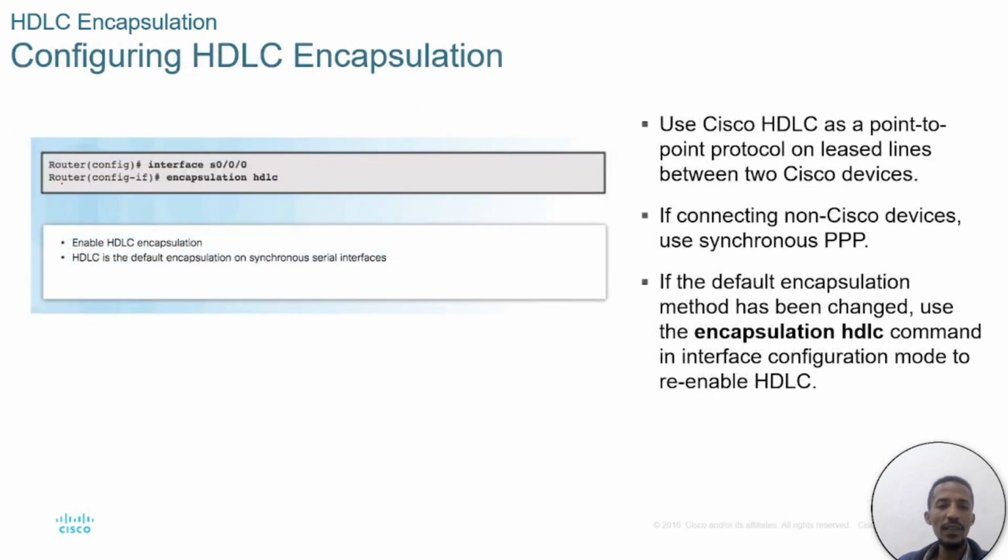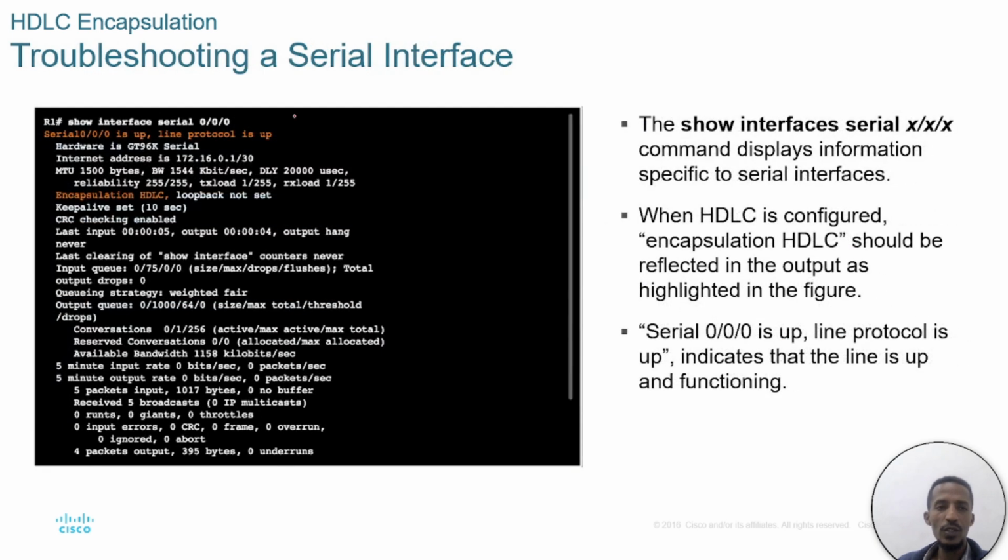How do we configure that? You'll configure the interface. By default, we have said the encapsulation is HDLC, which is the default if you have a Cisco device. So if you are connecting non-Cisco devices, you need to use PPP. So you write the encapsulation HDLC command. You can see that with show interface serial. You can see that the encapsulation is this kind of encapsulation. So by default, if you have a Cisco,